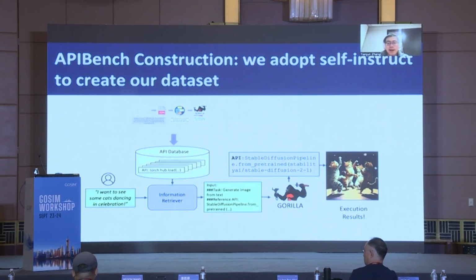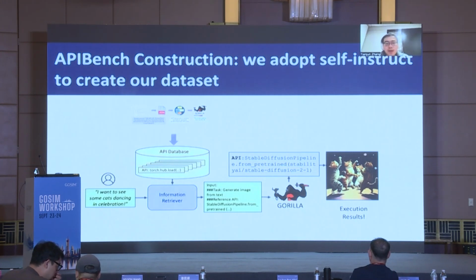Let's say I update my API in some ways, the model will have the necessary information to write the new API calls instead of the old one, maybe Stable Diffusion 3.1, etc.